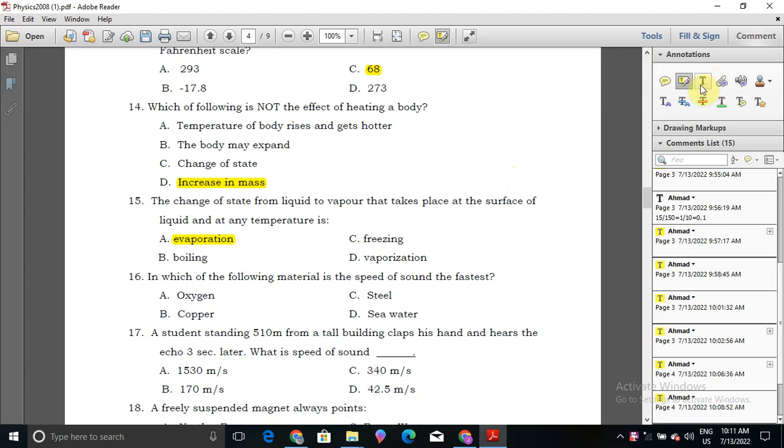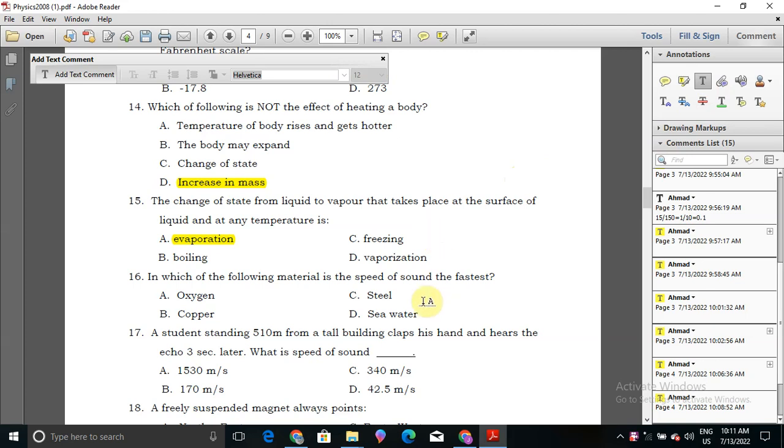I'll write it here. Gas is less than liquid,